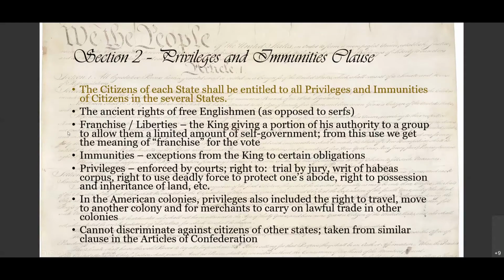So first you had franchises and liberties. These were, the king could give a franchise or a liberty, giving a portion of his authority to a group to allow them a limited amount of self-government. So, this is like Middle Ages time. So maybe you had the,